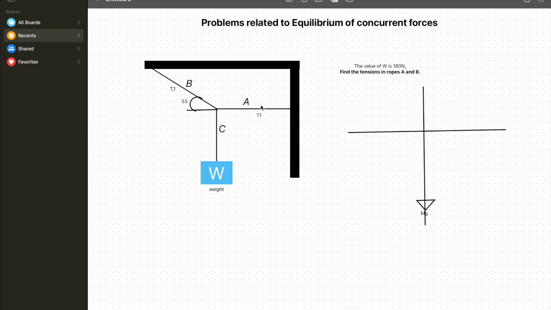Now there's T1, there's T2, and there's mg, right? It asked us to find the value of T1. So basically what we can do is think of something,